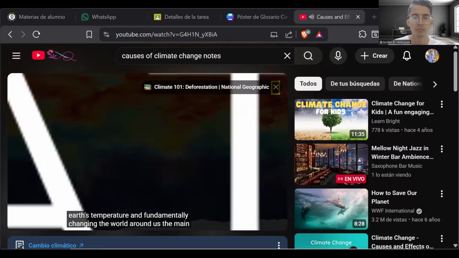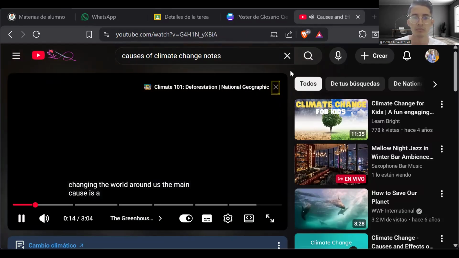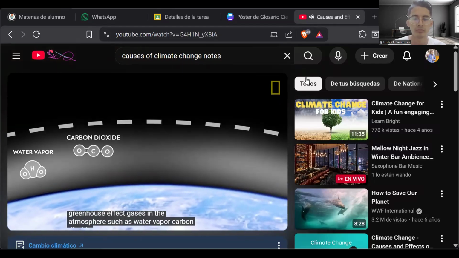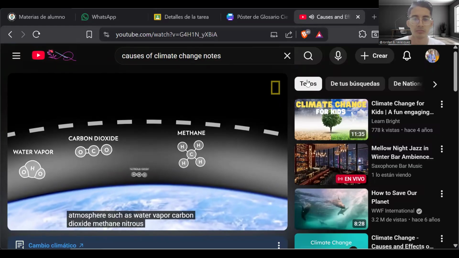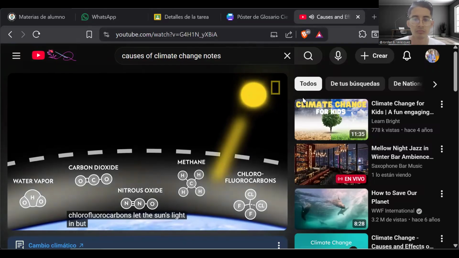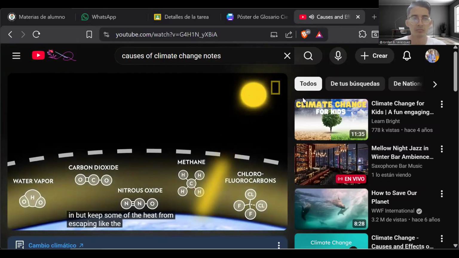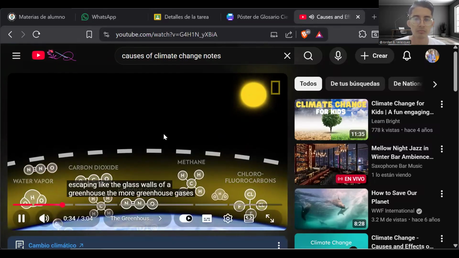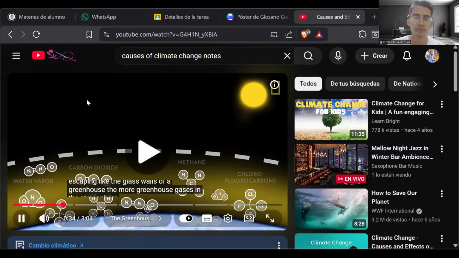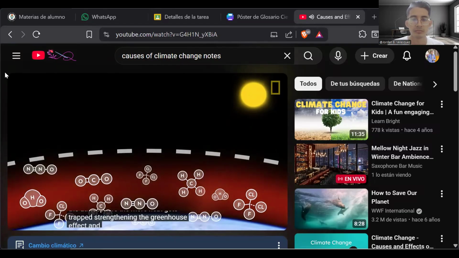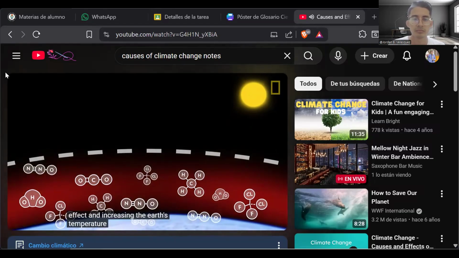The main cause is a phenomenon known as the greenhouse effect. Gases in the atmosphere, such as water vapor, carbon dioxide, methane, nitrous oxide, and chlorofluorocarbons, let the sun's light in, but keep some of the heat from escaping, like the glass walls of a greenhouse. The more greenhouse gases